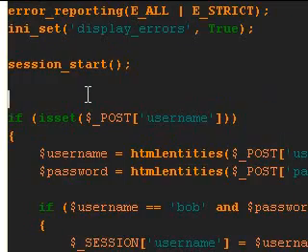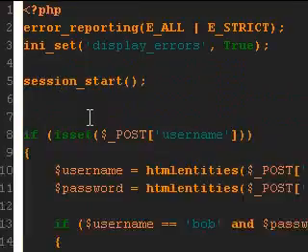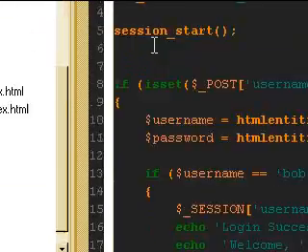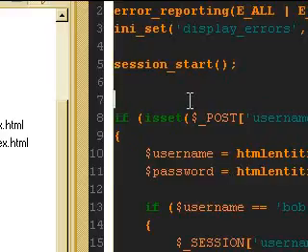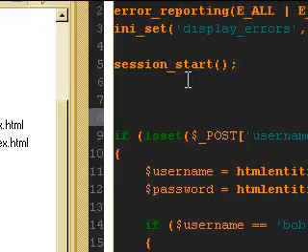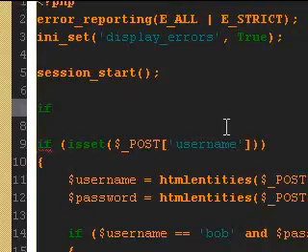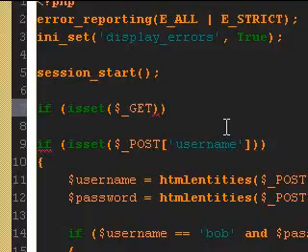It doesn't matter where we put this within the file, as long as it's before we actually start executing our HTML code. So I'm going to do it just right before our actual assignment of the session variables, and let's go ahead and create an if. And in this if, we're going to check if the GET is set. So GET logout,